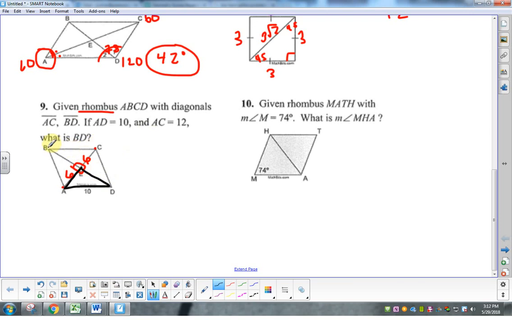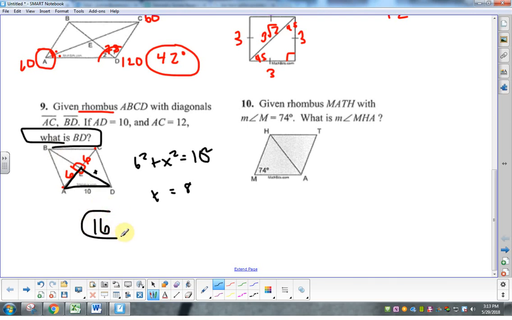So if I'm looking for BD, well, first I need to start by finding one of those pieces. So I'm doing 6 squared plus x squared equals 10 squared. Remember, the hypotenuse always has to be the c value. From here, I would solve and I would get x equals 8. I need to read carefully. With quadrilaterals, you always need to read carefully, but with quadrilaterals especially, you need to read carefully. They want BD, which is 16. They want that whole length. Okay, given rhombus, again, rhombus, MATH, we have 7